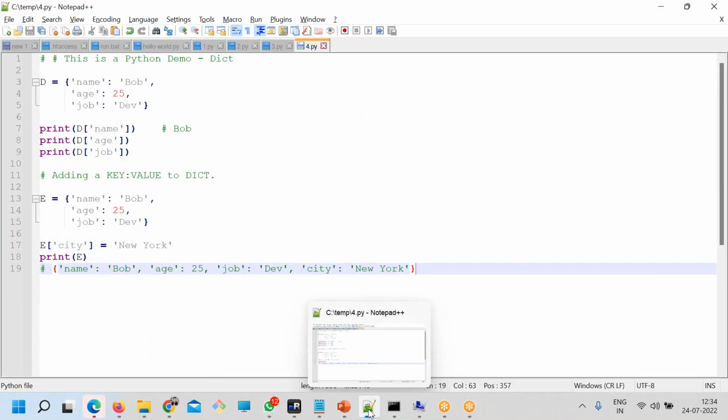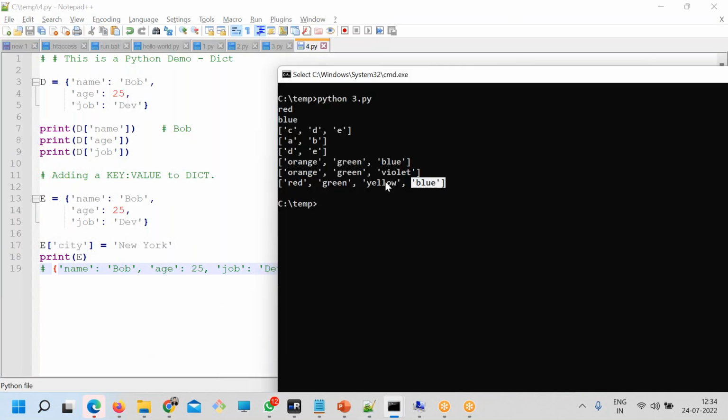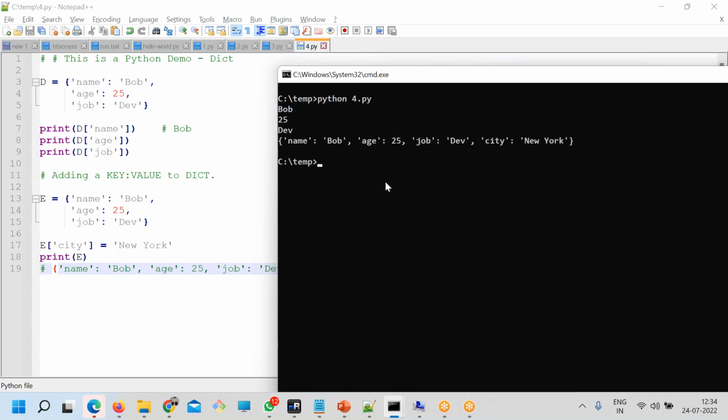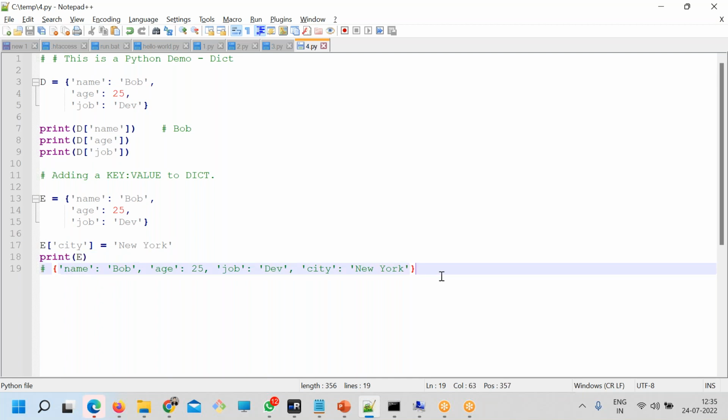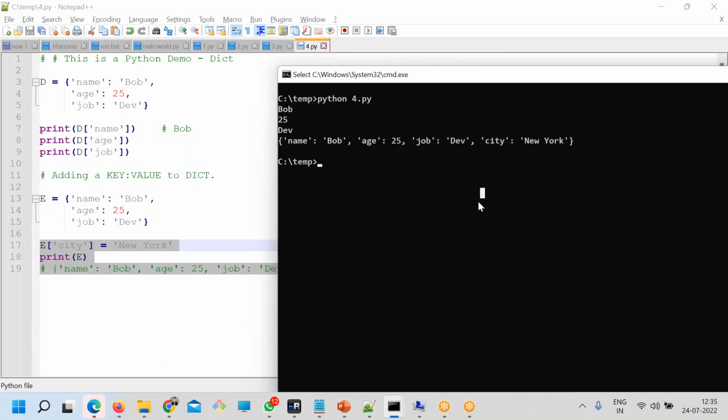Here, let me run this, clear the screen, 4, and you see that the last one, the new key, got added as part of this.